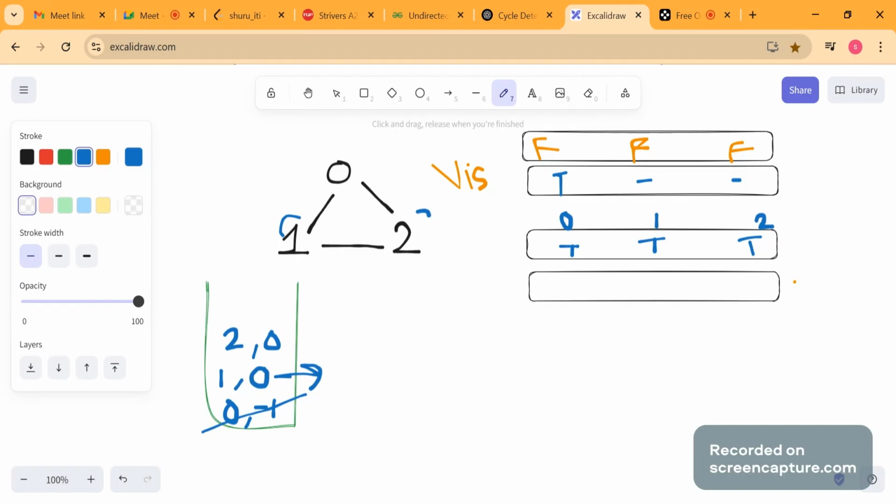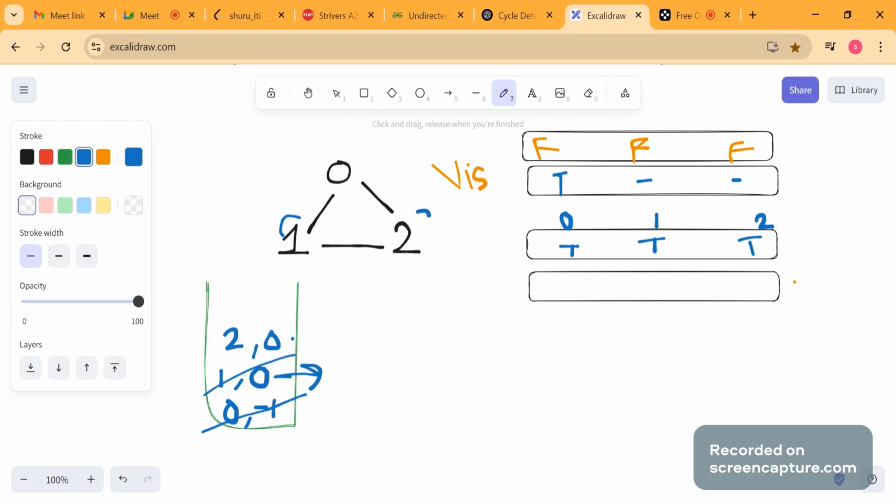So 1 is coming from 0 means the neighbor, right now we are in the loop and we are saying that if someone is visited, it means 1 was visited and it did not come from itself, or its parent. 1 is visited because it was coming from its parent. Parent was 0, right? So that's why we can't confirm if there's a cycle or not. So we will not do anything for this because it's visited because of its parent. Now we are done with this part.